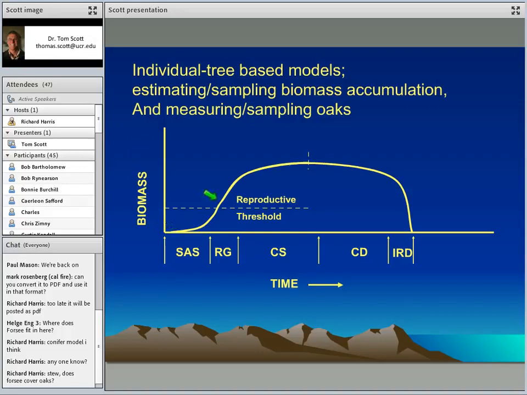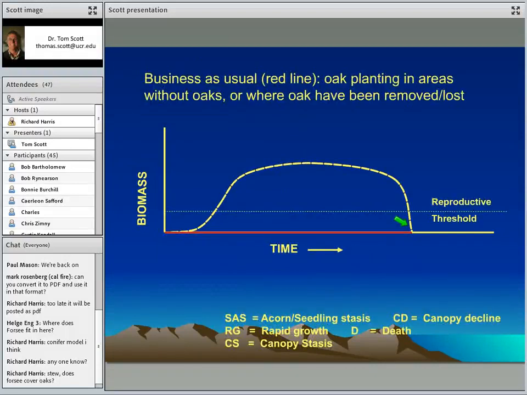So getting back to this notion of our individual tree, over time our individual tree is basically going to grow to a point where it asymptotes, and then it's going to decline in some manner out to the other end. If we take this as an idealized curve, maybe in the absence of a lot of problems like fire or insects, you have a nice long period of time when it's sequestering carbon and it's stable, it's not getting bigger, but at the same time it's holding that carbon for, say, a period of 100 years. That's kind of our idealized curve.